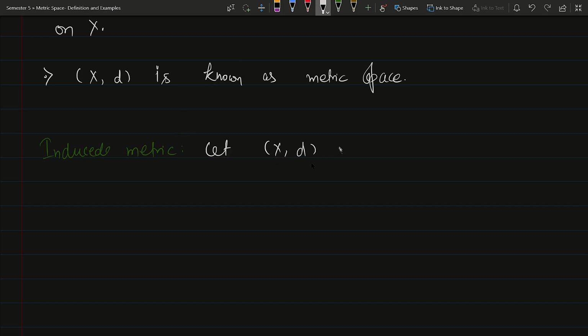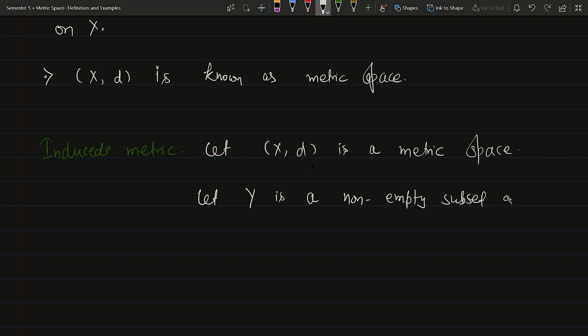Okay. Let (X, d) be a metric space. The moment we say this is a metric space, that is ये X एक नॉन एम्प्टी सेट है और d इस X क्रॉस X टू R में डिफाइन एक डिस्टेंस फंक्शन है जो कि 4 प्रॉपर्टीज को फॉलो करता है। ठीक है, नाउ लेट कैपिटल Y बी अ नॉन एम्प्टी सबसेट ऑफ X। अगर इस X के लिए वी हैव अ नॉन एम्प्टी सबसेट Y जिस पर अगर हम ये d डिफाइन कर सके, देन